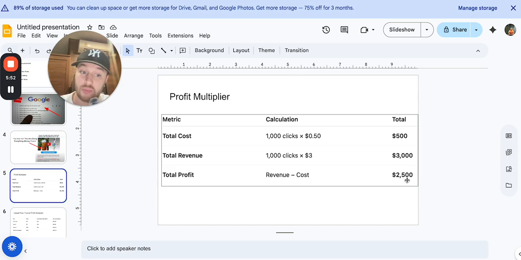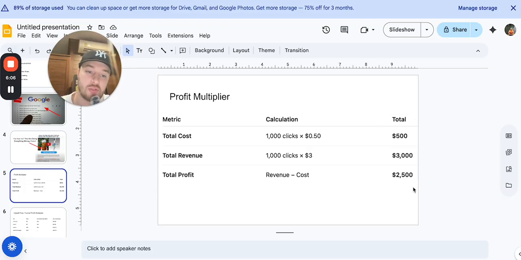Now if you promote the good offer with great upsell take rate, you can see over here, 2,500 US dollars profit from spending only 500 US dollars, which is $3,000 in sales, but we spend 500 US dollars on Google pay-per-click ads. So your profit at the end of the week is 2,500 US